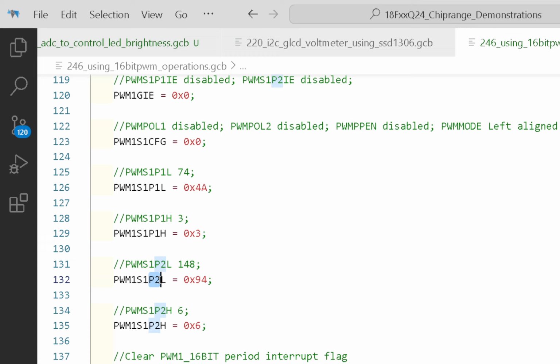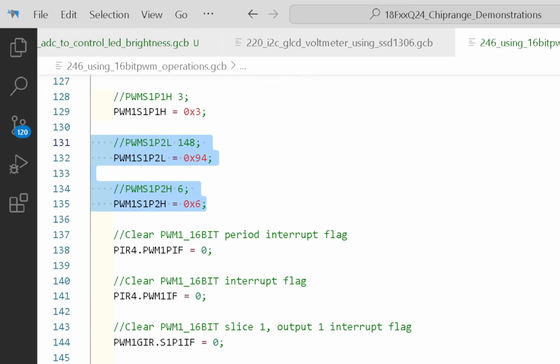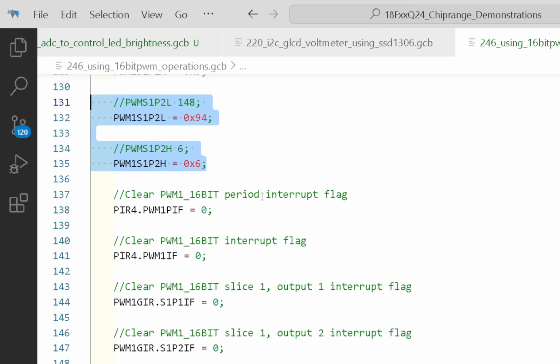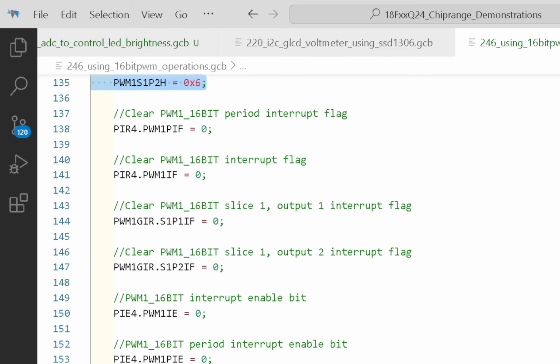And this is where the documentation and the whole naming cycle within Microchip world just falls over in a heap. Because sometimes they've got S21 and sometimes they've got S1P2 or S1P1. Look, you go figure it out. These are the registers you need to use. This one sets it to 50%, and this one sets it to 100%. How do I know? I calculated it in the data sheet. Okay. Clear a load of registers in terms of all the interrupts,